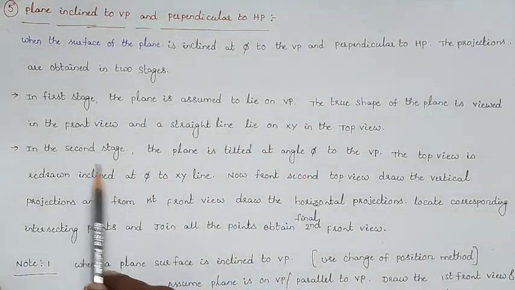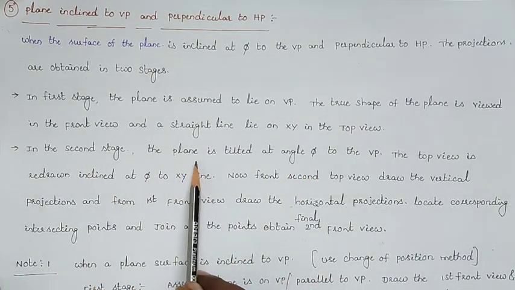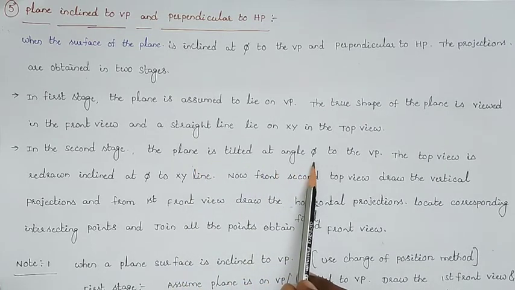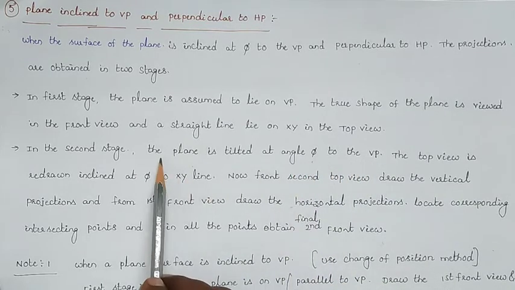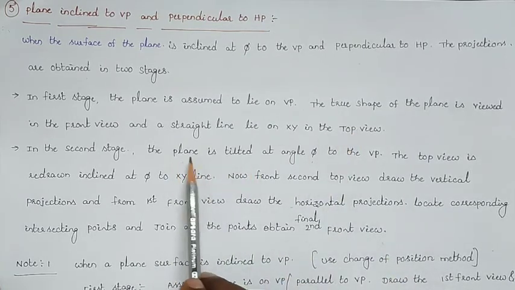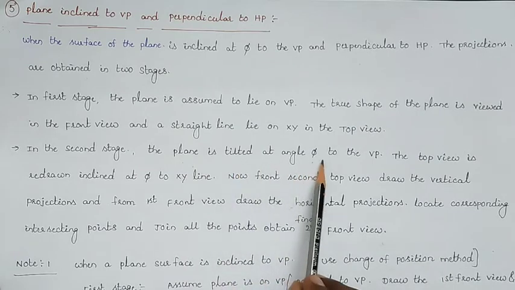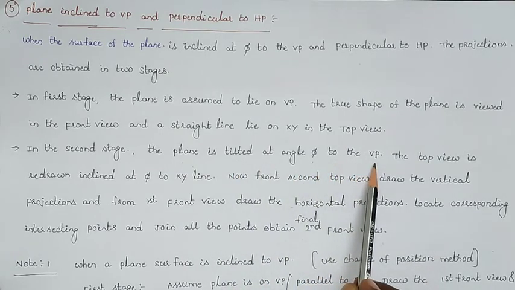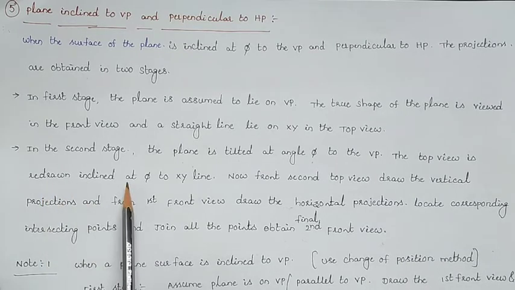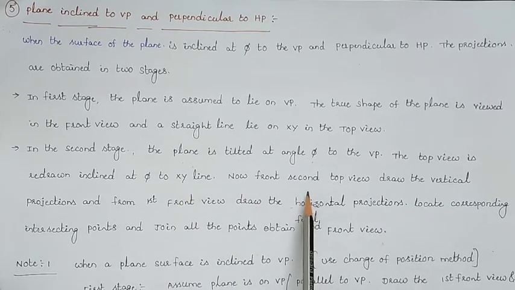Surface inclined with respect to the VP here, the plane, that means the first top view is tilted at an angle of phi. I have already discussed that the true inclination with respect to VP we denote with phi. So the plane here, that means the first top view is inclined. The first top view is tilted with an angle of phi with respect to the VP. Again, the top view can be redrawn with an angle of inclination phi to the xy line. Now